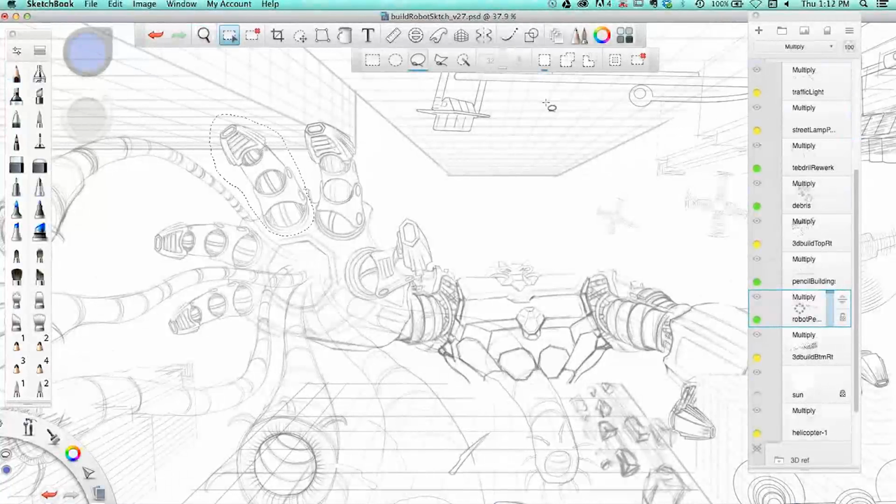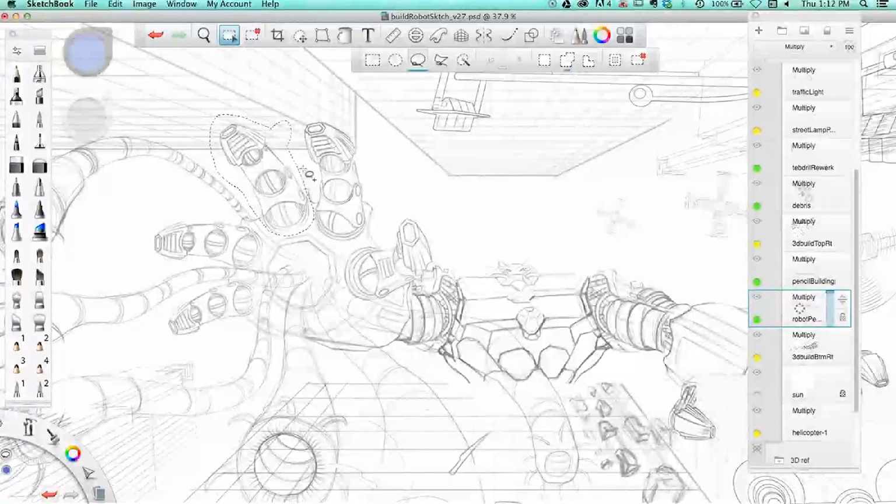See how these things are changing without my cursor actually being over them? That's because I'm holding down Option to subtract and then Shift to add. So I can add some or I can subtract some. I'm just interchangeably going from Option to subtract and then Shift to add. Okay, and then once I get the finger that I want to cut off and then maybe duplicate, all I've got to do is